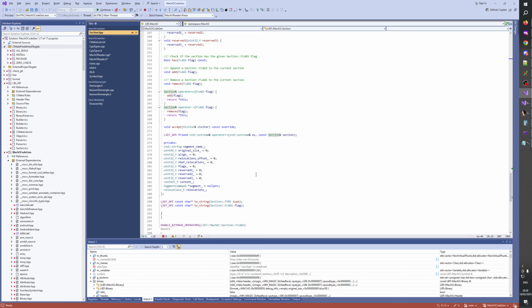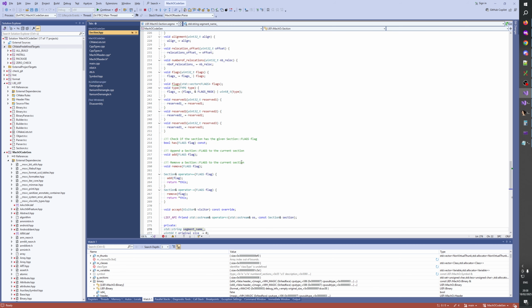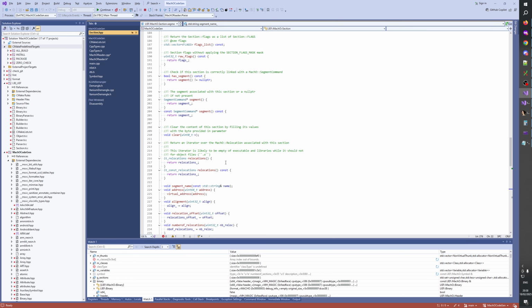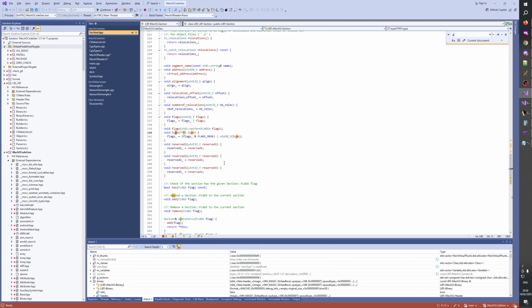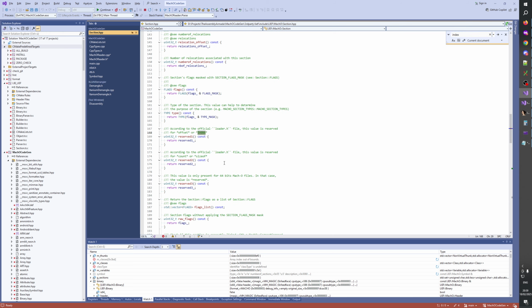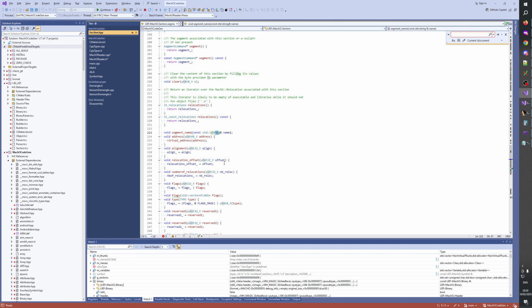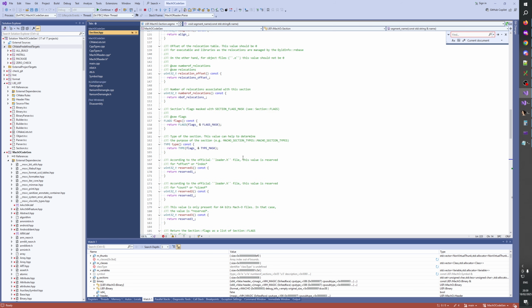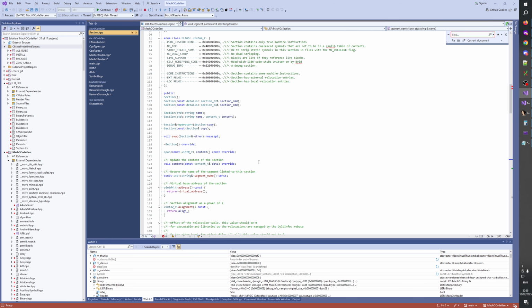Segment. Relocations, content. Number. What is npos? It's not in here. Position. Index. Segment name. Well,